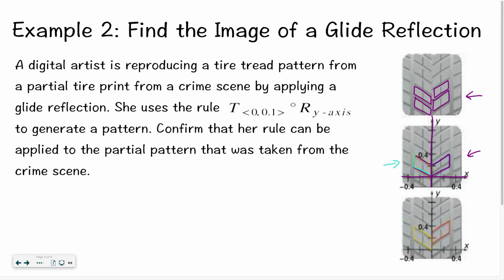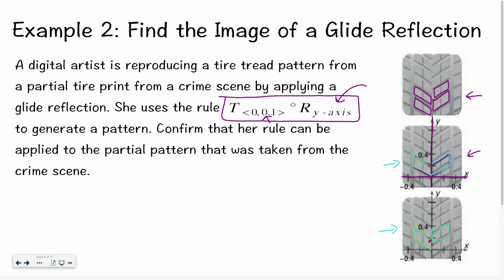If we started with this and reflected it over the y-axis, we would end up with something right there. But we don't want them to be at the same level. So if I start with this, I reflect it, and then I translate it up in order to get that staggered pattern. So that is why we would write the rule, reflect over the y-axis first, and then translate, and that pattern will continue to work for